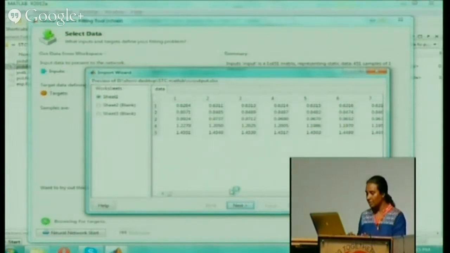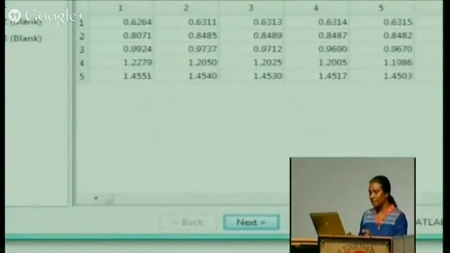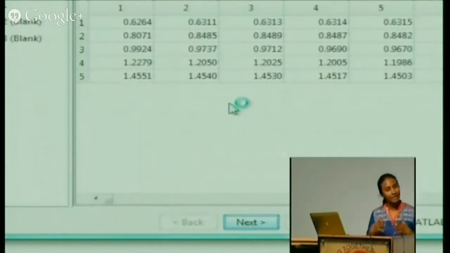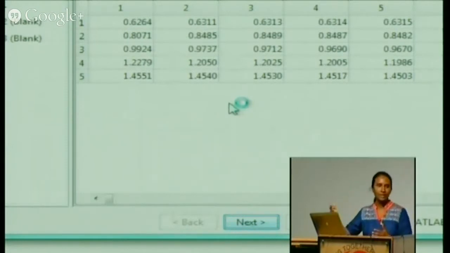So next, it is loading now. Once it is fully loaded, the finish will come. So here there are around 451 data. If you have thousands of data, it will take more time. I have just limited it. If I had more than 10,000 data, it would take a lot of time. So I have tried to minimize the data here.